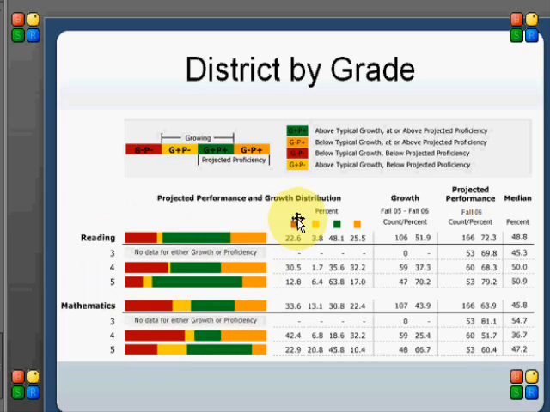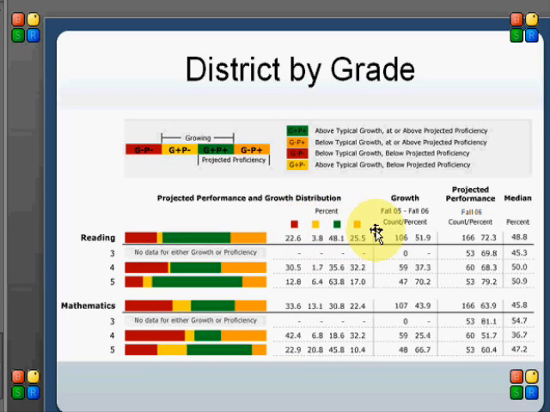different grades. You have the overall score, what percentage of students are at below typical growth and below grade level, people who are above typical growth and below. So all these people combined are below grade level. These people combined are above grade level. The color tells you whether or not then their growth is where it should be or below where it should be,